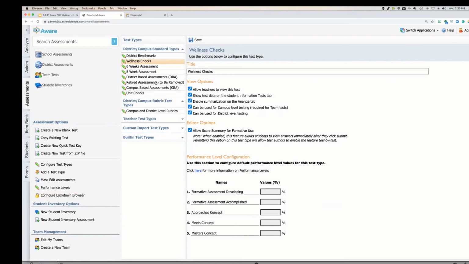Just a further thing about test types, and this is always a good time to talk about this in the summer, especially for some of you long-time Aware users, there might be 20, 30, 40, 50, who knows how many test types in here, and that can get really messy with data exposure. And so one of the things that we do during the summer with folks, and we'd be glad to do it with you, is